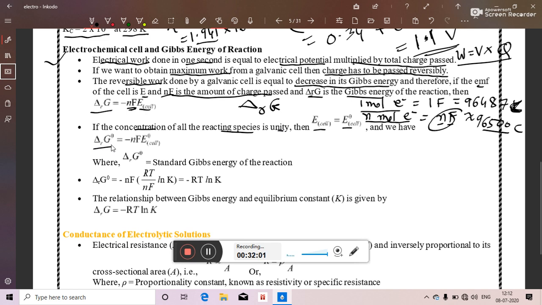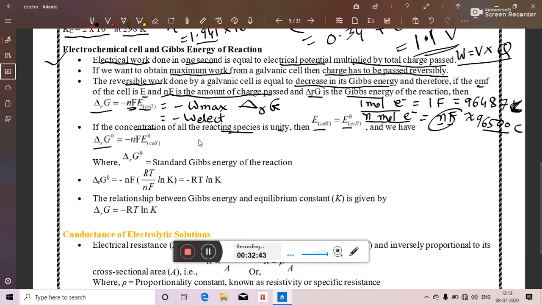So here we will see what this negative sign shows. We know that redox reactions are spontaneous, and for spontaneous reactions free energy change is negative. That's why minus is placed here. So that is equal to minus nF E naught cell, and nF E naught cell is nothing but the maximum work which can be carried out by the electrochemical cell. So whatever chemical energy is produced, that is converted into electrical energy, and that electrical energy is actually work done by the cell, or we can write minus of electrical work.